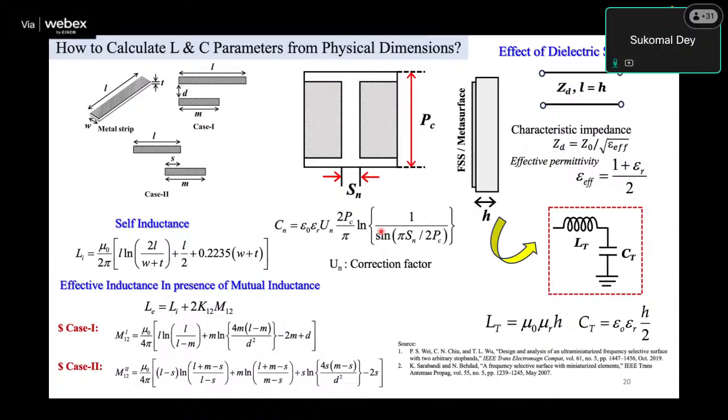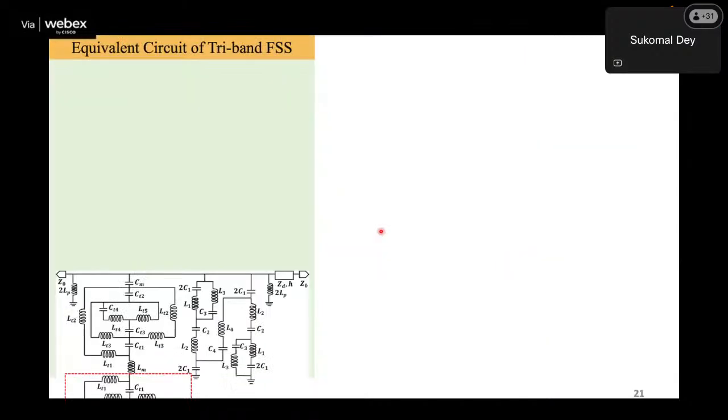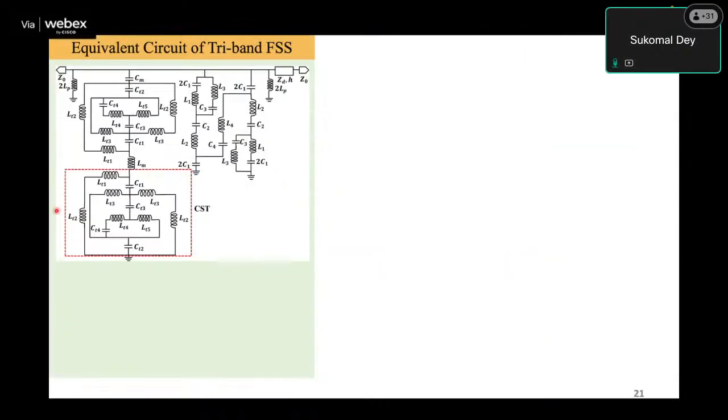So this is the way one can see the performance of this FSS unit cell. Now if you combine all these models and all the unit cells together, look at the equivalency. Making the equivalent circuit model is very, very important. Yes, I am intentionally emphasizing this. Why is it so important? The reason is that this equivalent circuit model will give you the inside story of what is exactly happening